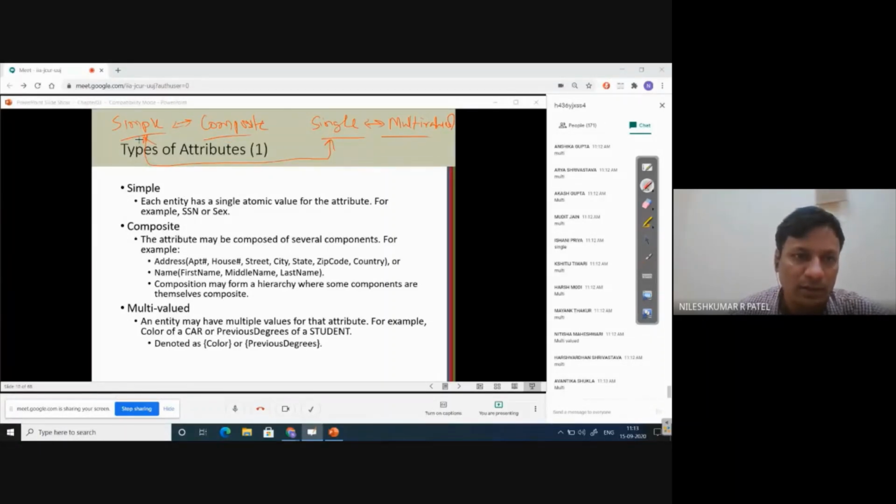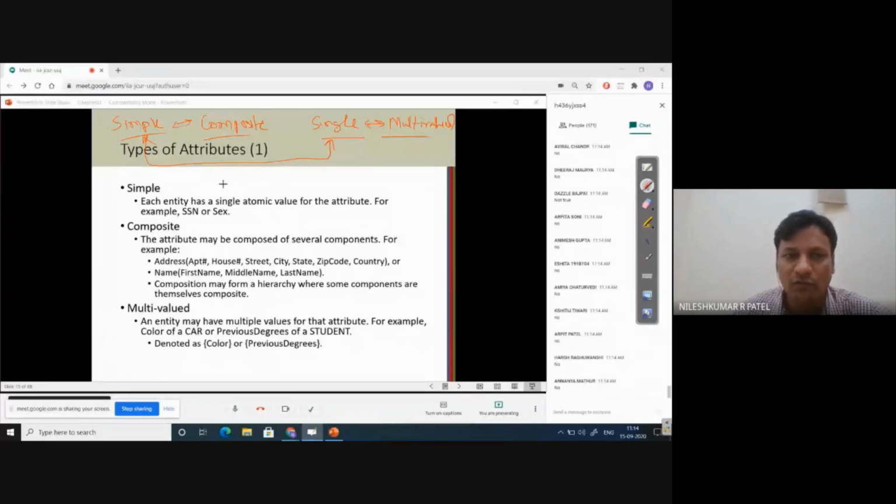But is it necessary that if a particular attribute is simple, it has to be single valued also, and vice versa? If an attribute is single valued, is it simple also? Is it true or not true? Just give it a thought and try to derive some example. If you are saying yes, then what is an example? If you are saying no, then what is an example? We will discuss this maybe in the next class.